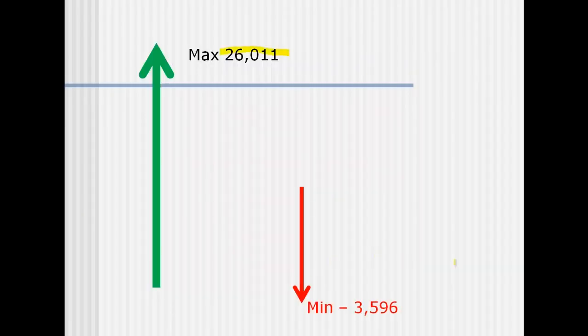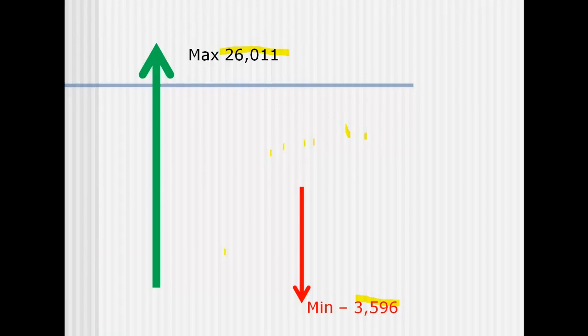Okay, the min level is the minimum delta level that we were at, and this is minus 3596. So obviously this was a very bullish day. The sellers never really racked up anything anywhere close to the max delta that we noticed, and it's quite evident from looking at the bullish nature of the day that the bulls were really in charge for most of the day. But our question was last, at the very end of the day,